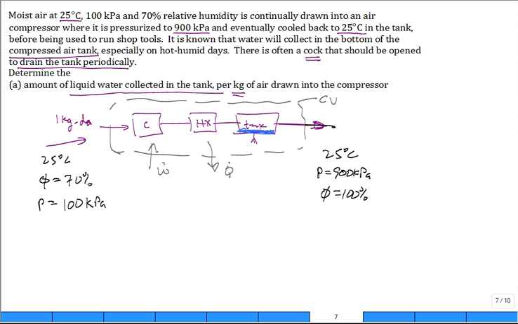You want to send air to the tools. You'd prefer it to be very dry, but without any dryer system, any desiccant system on it, it's going to send out saturated air, and there'll be some water in the bottom of the tank for this condition. Okay, so what do we do if you do a